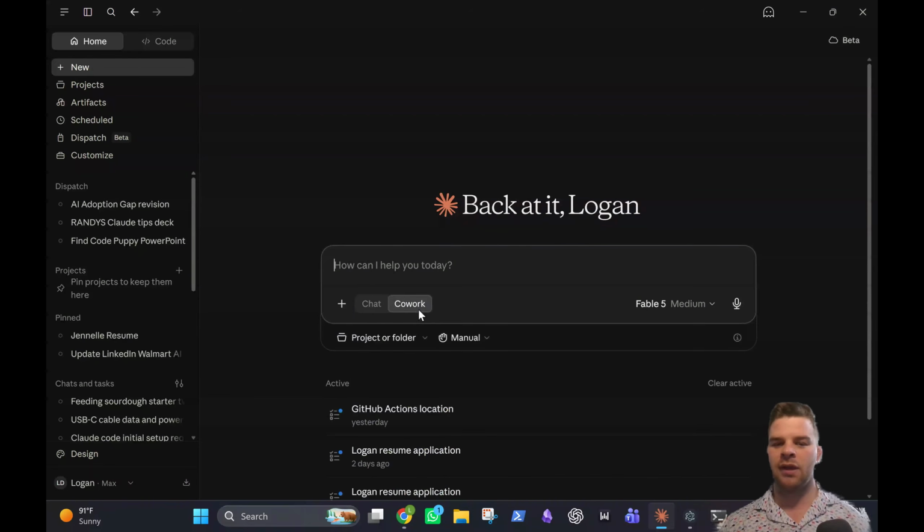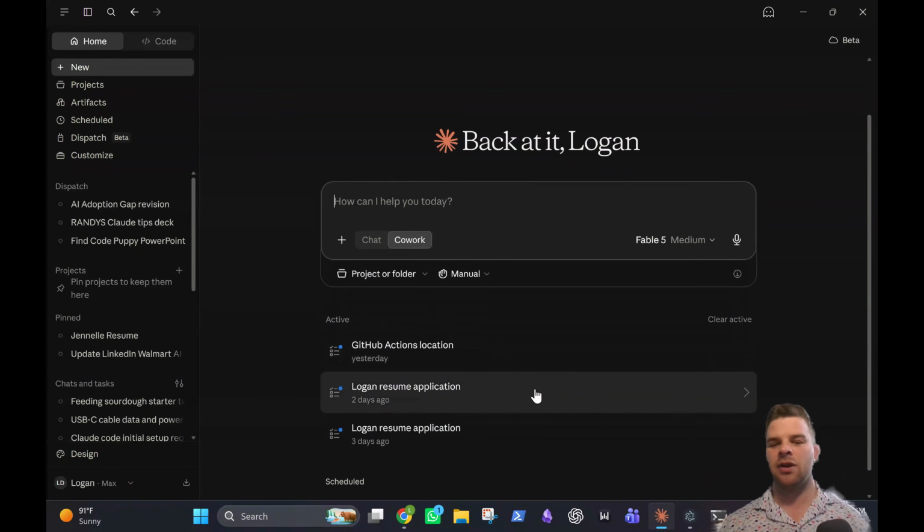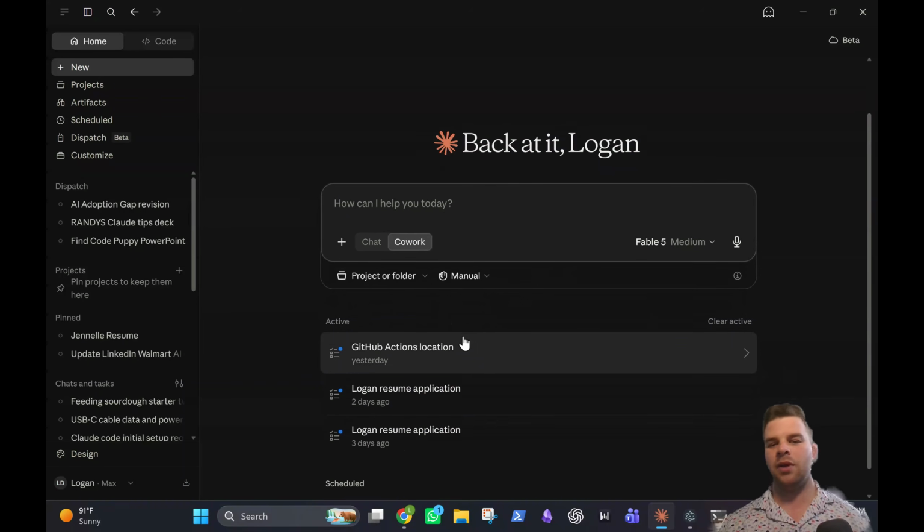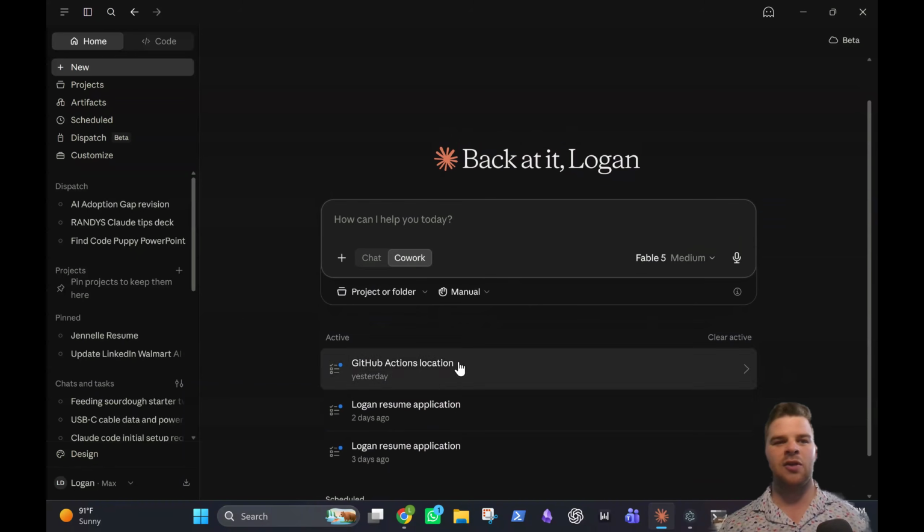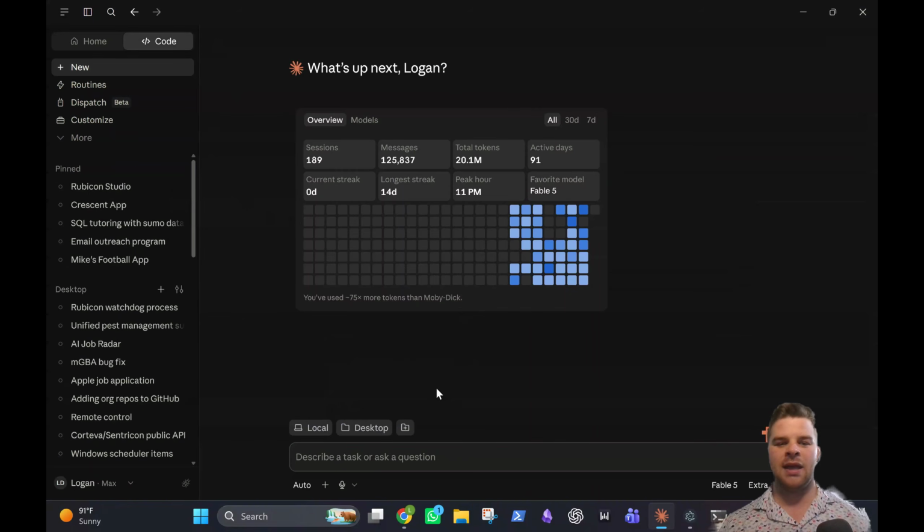Cowork's pretty powerful. A lot of people use Cowork because you can create PowerPoints, work in Excel, do a lot of stuff in Cowork. And we can cover that more in different videos. This one's primarily focused on code. So go ahead, click code over here, and it should open up to be something like this. Yours might be blank here. It should say something like local desktop